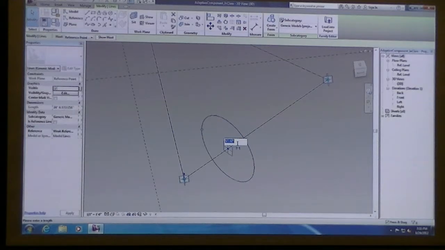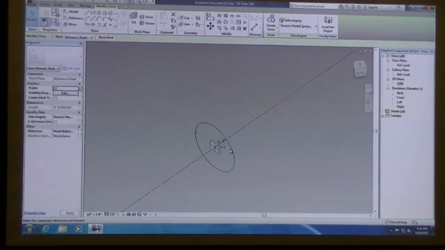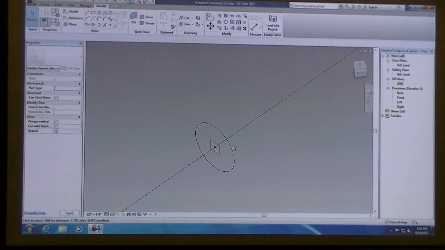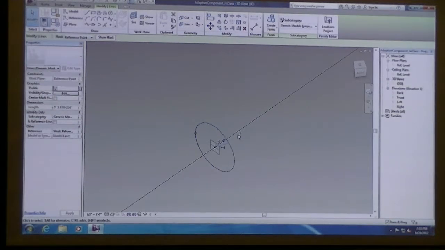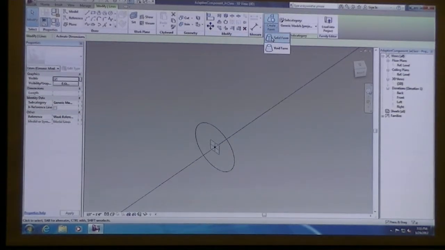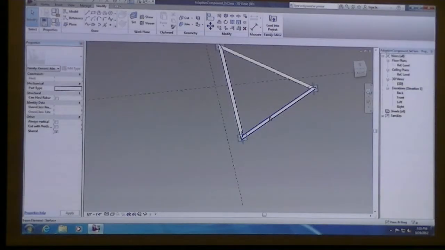And I'll change this to be something more like maybe 6 inches. And then we can select both of these and say create form, and we get our pipe.